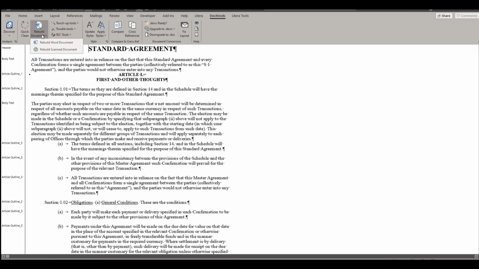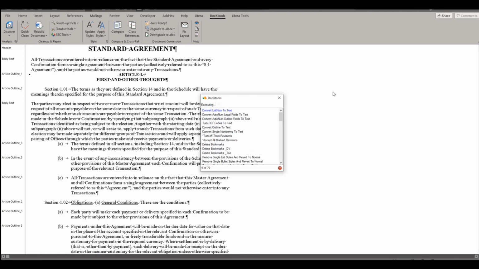So you'll click on the Document Rebuild dropdown and choose Rebuild Word Document. And as I mentioned before, we're going to remove the text from this document and place it into a new document, but we're going to strip it of styles and numbering. Upon doing that, we're going to take the general formatting of the document and directly apply it to the text so that we can still have the look and feel of the document and apply styles to it later on. So I'm going to go ahead and click Rebuild Word Document,